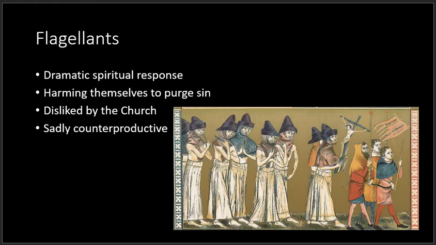Let's also discuss one of the major responses to the plague. The flagellants were a religious movement, particularly popular in Germany. This image here depicts a group of them in the Netherlands. They may have been centered in Germany, but spread all across Europe. Flagellants would move from town to town in processions, whipping themselves and begging forgiveness from God. A rather frightening display of faith.